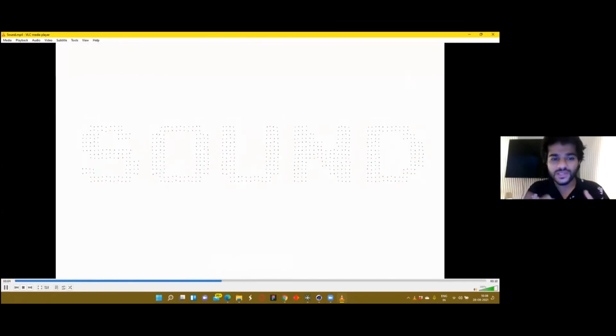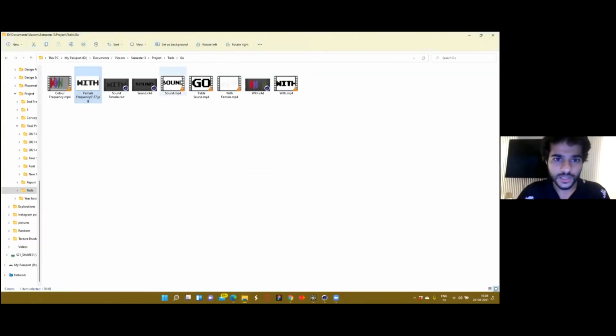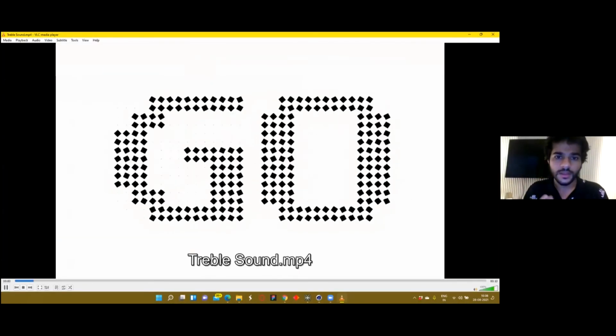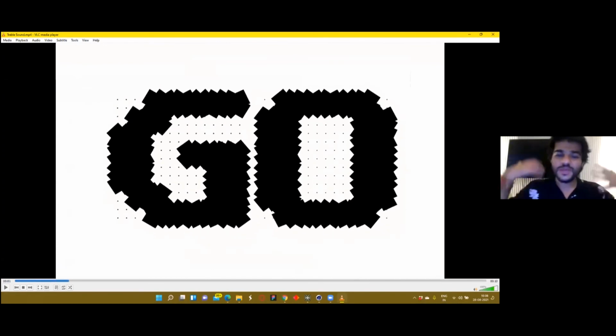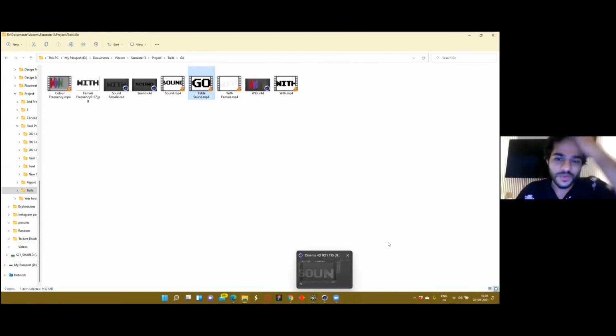So this is the bass sound, that's why spheres are coming out of it. Okay, let me play this treble sound, let's say. So the shape would be different as well. So this was one system, but whatever sound I throw at it, it takes the value of the frequency and makes the shape go bigger or smaller. So that was the triggering element behind it.